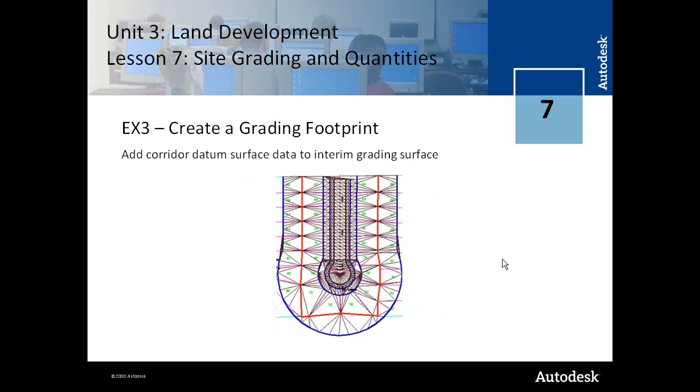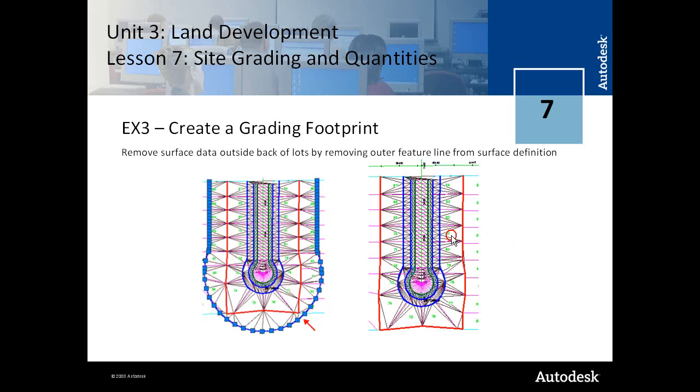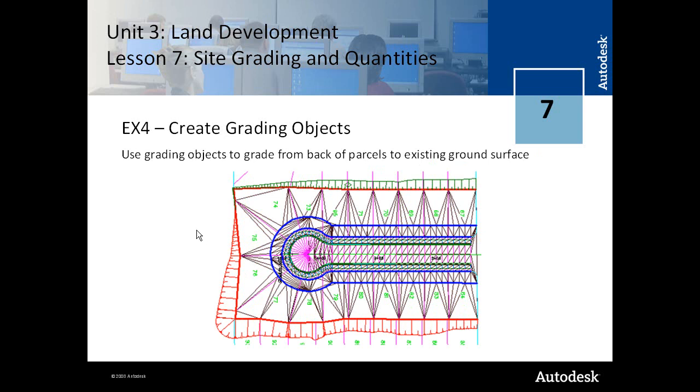And we then add the corridor datum surface to this final surface, this interim grading surface, and then what we do is remove that outer break line, and so you're left with just this surface. So you can see we've got the surface including the corridor datum graded up to the property setback and then out to the back of the lots. And then in the final exercise you create a grading object,